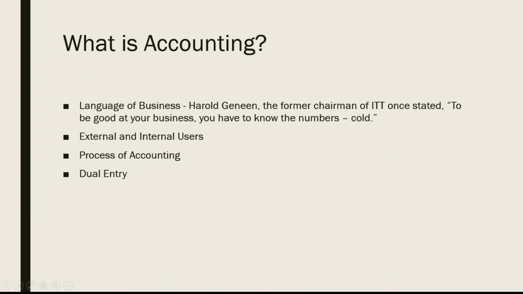Accounting is a dual entry system, and what that means is every time you enter a transaction into your accounting system, you are going to affect at least two different accounts within that accounting system. You all heard the terms debit and credit. So when you create a financial transaction, you have to have at least one debit and at least one credit. And those debits and credits are going to be to two different accounts. You can have more than one debit and one credit. You could have two debits and one credit, or three credits and one debit, or any number of combinations.